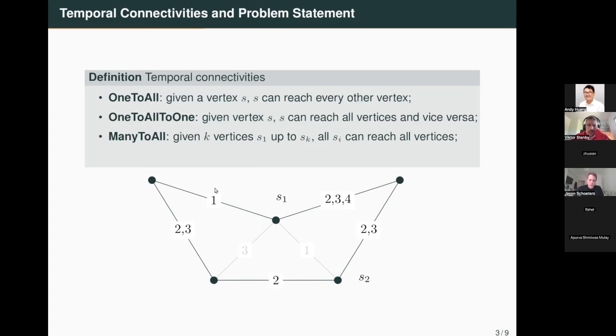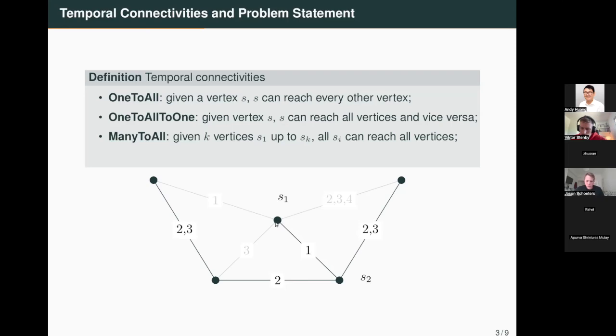A third one, the second to last one that we consider, is many-to-all. This is extending the one-to-all concept to multiple special vertices or multiple sources. So in our example, we have S1 here and S2 here. And the spanner from before happens to also be a many-to-all spanner for these two sources. In other words, they can reach everyone through these edges. And this is another one, again, S1 here, S2 here, and they can reach everyone. And this one has a tree structure.